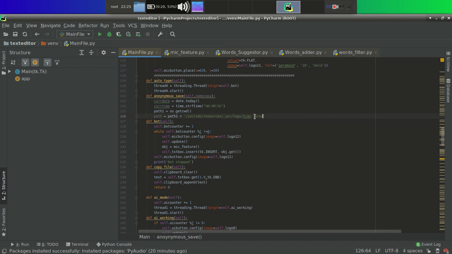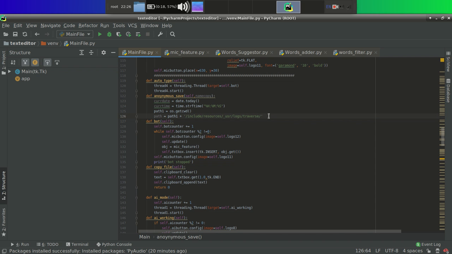So this is the path of the folder named traverse. The whole path means the initial current working directory plus these folders. They all together provide the path for the traverse folder. Include, resources, usr, logs, and traverse.